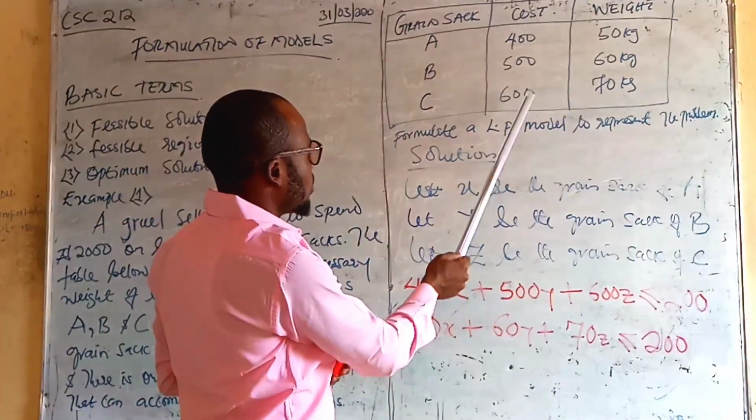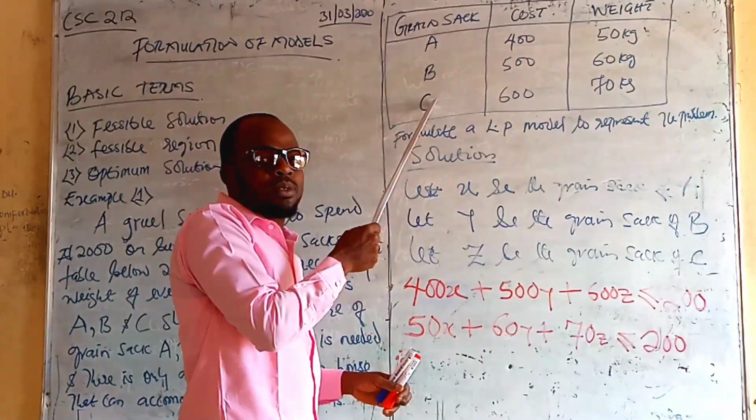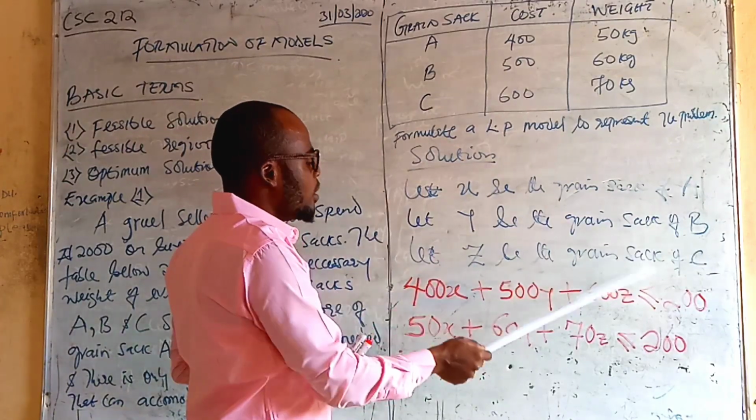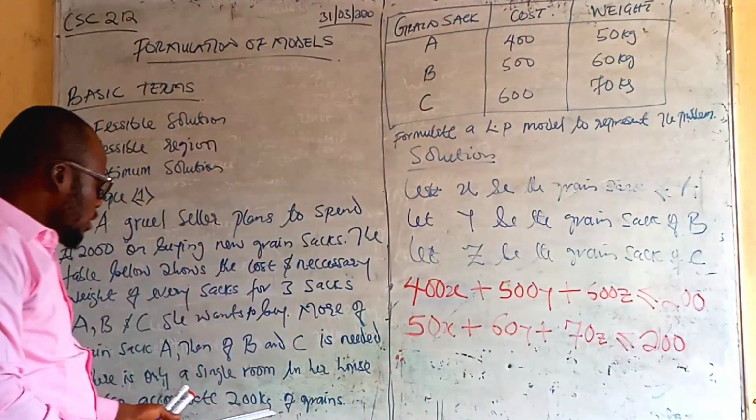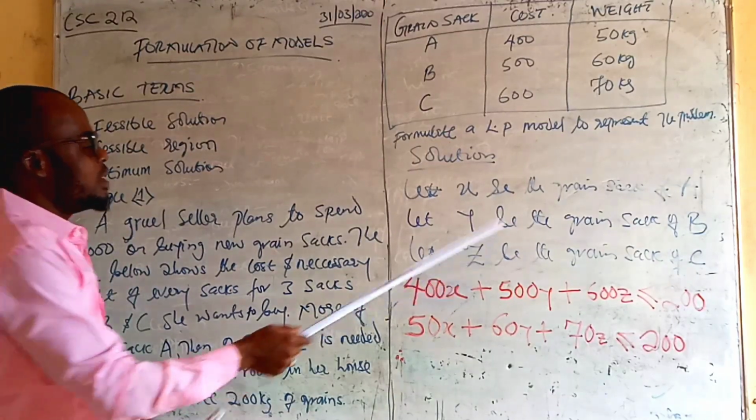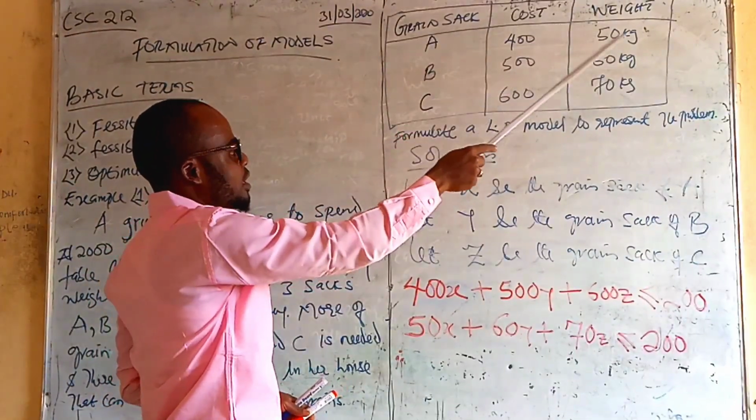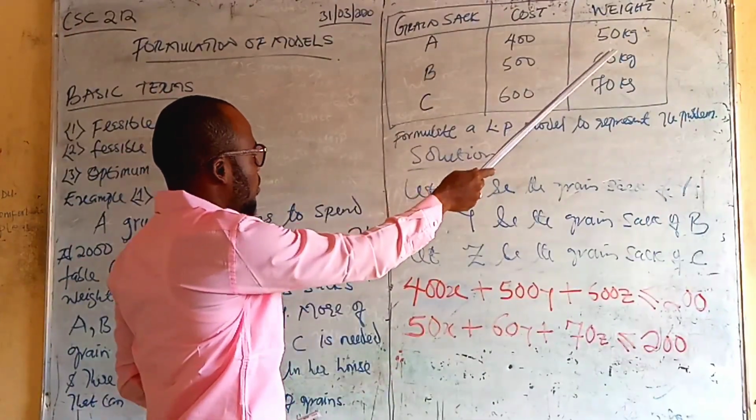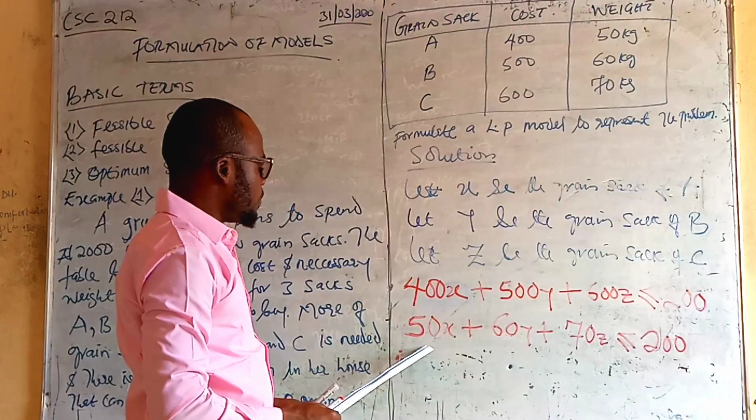Then plus 600 of Z, because we have let the grain sacks of C be equal to 600. Then all of them must be less than or equal to the 200 kilograms that the room can accommodate. Then we also have to add the weight of each grain sack. So first of all, we start with the first one, grain sacks A, which is equal